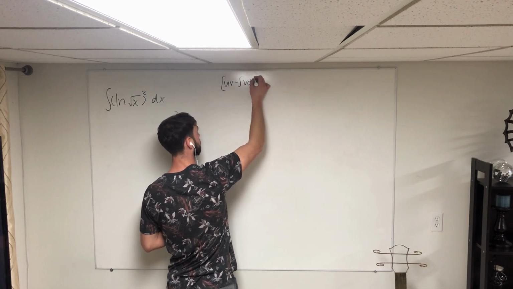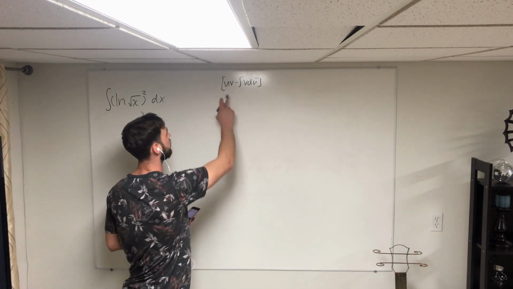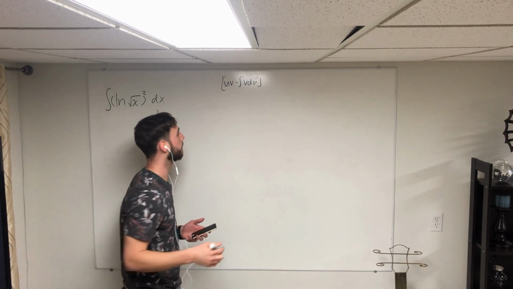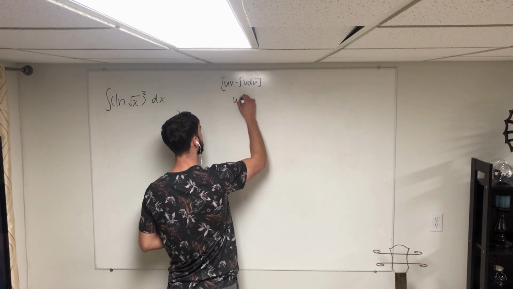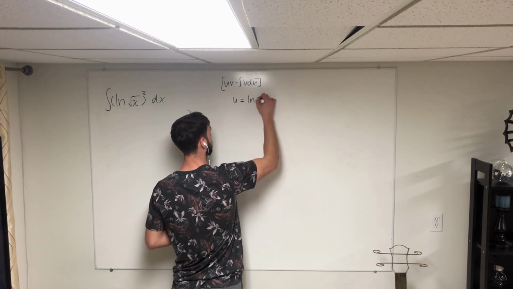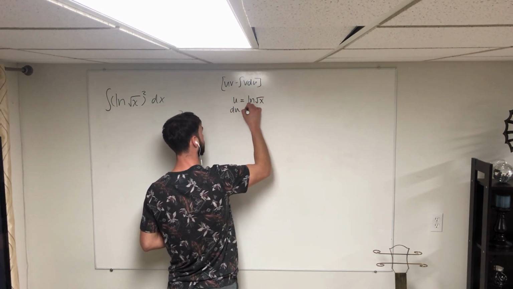The formula is u times v minus integration v du. However, initially we're going to make one u substitution. U equals ln of square root of x, du equals